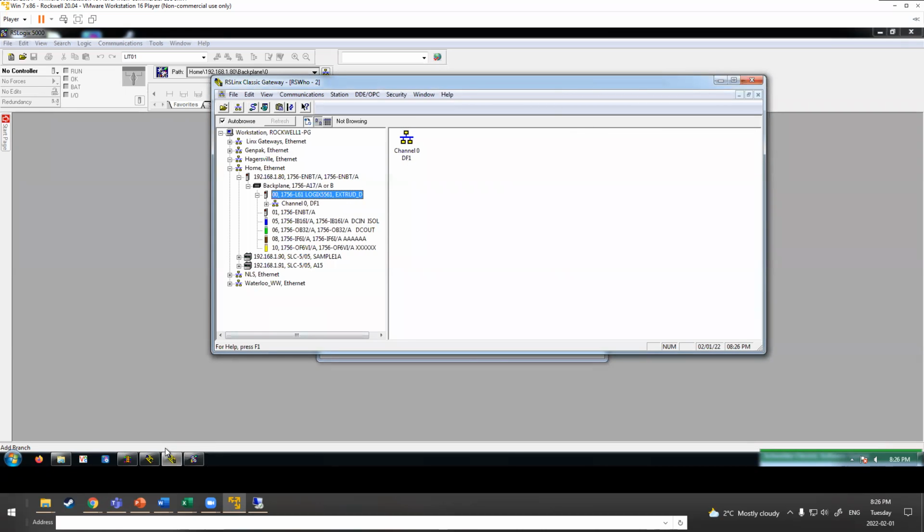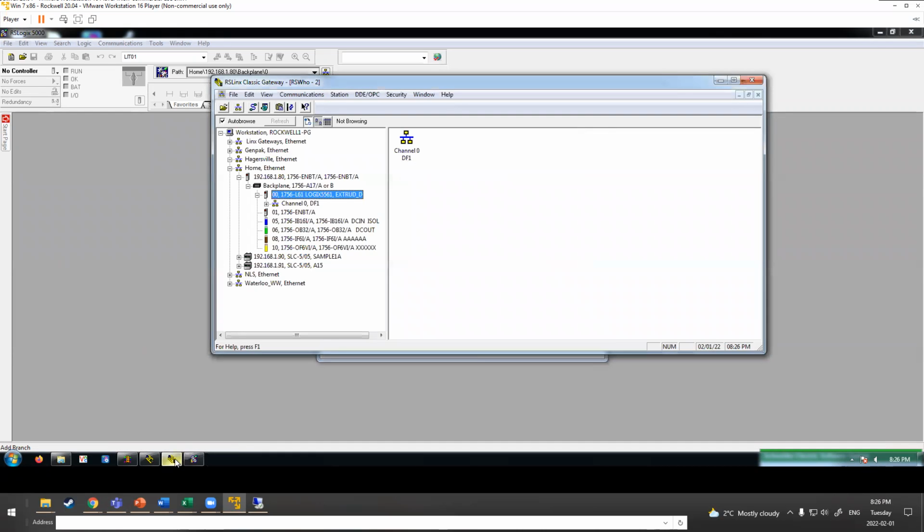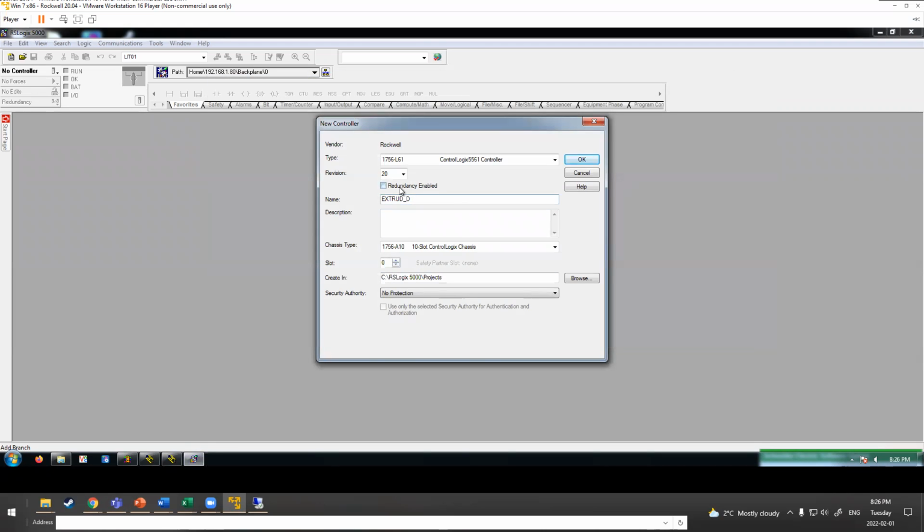EXTRUD. It's in 17. When you do make programs,